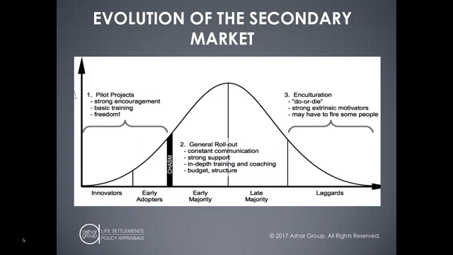If I take a step back, 15 years ago I truly would never have been able to connect the dots looking forward. I can only do that looking backward. If you look at this diagram, about 15 years ago, on the far left of this bell-shaped curve, we have the innovators.